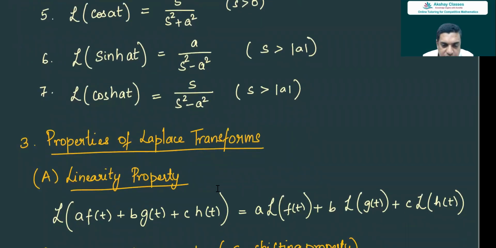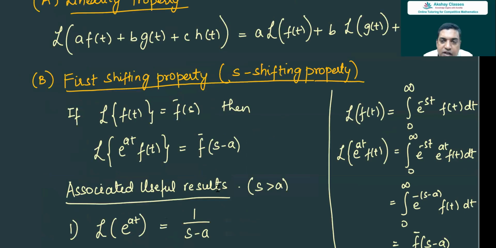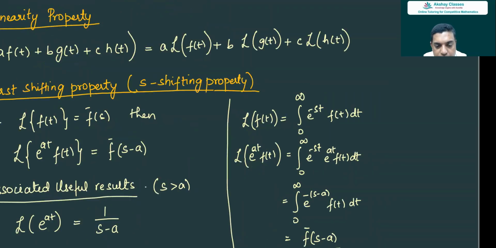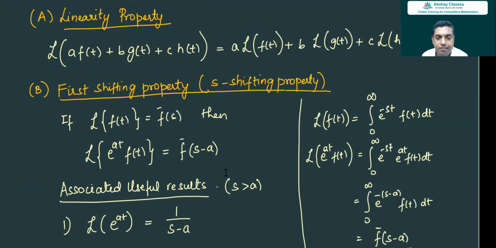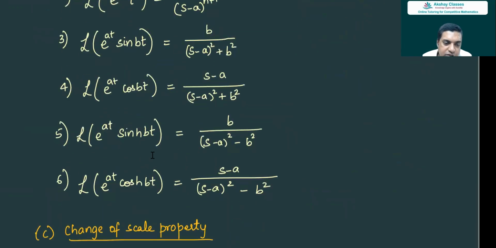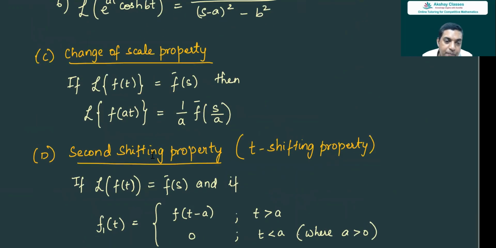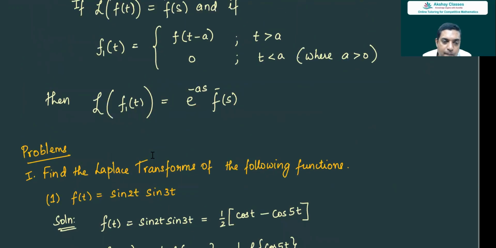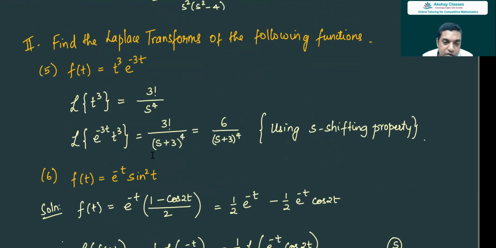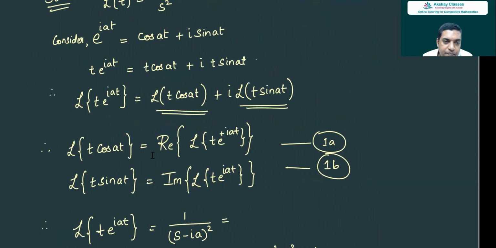Then we discussed the linearity property, then the shifting property, the first shifting property: if you multiply with e power at, s gets replaced by s minus a. So all those properties we discussed, then change of scale, then second shifting property, and then we did a number of problems. Then we went into a second level of properties,